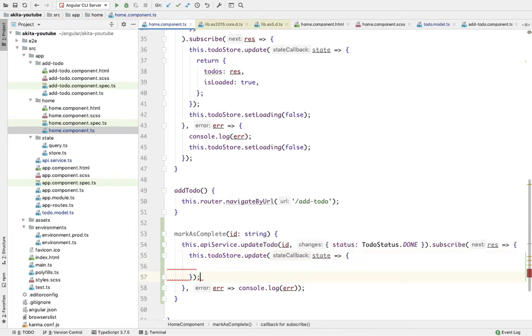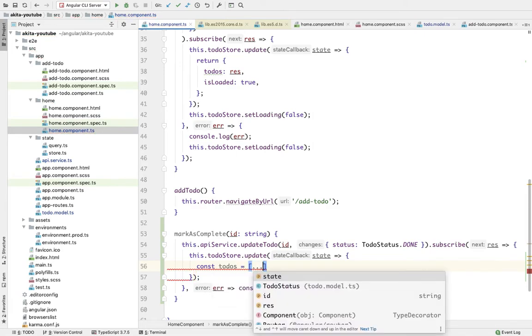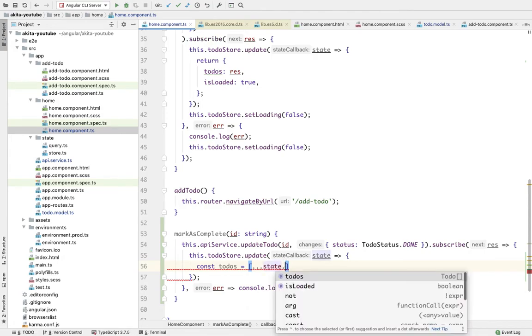So first let's fetch the to-dos. Let's create a copy of that to-do because we don't want to mutate the original to-do, since it is the recommended way of Akita that we need to return a new state which is immutable. So we are going to say state.todos.